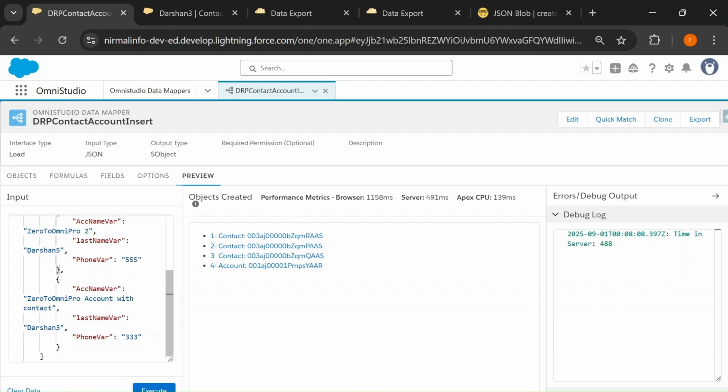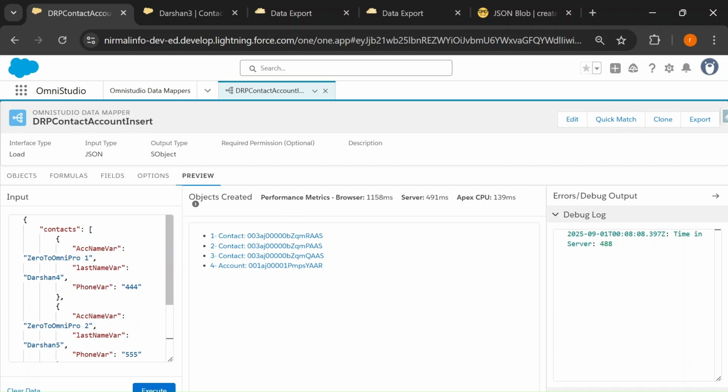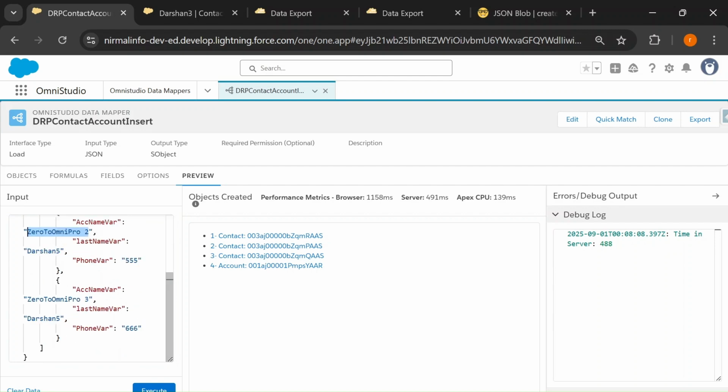If you want, you can keep the same account or same contact, but we want multiple accounts, so let's change it. Now if you observe this, one account is OmniPro 1, here OmniPro 2, and accordingly the contacts are also